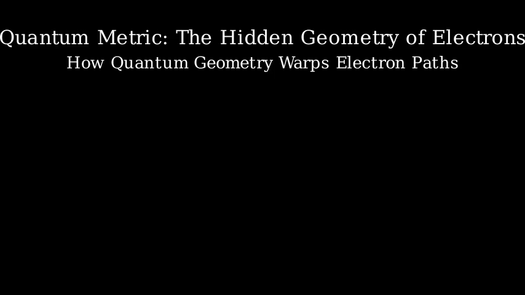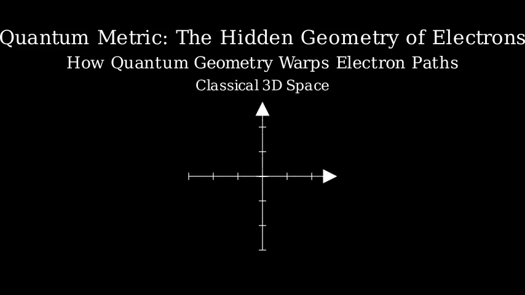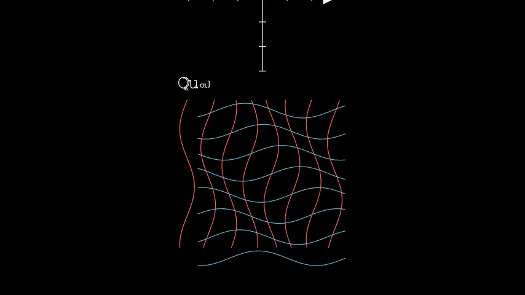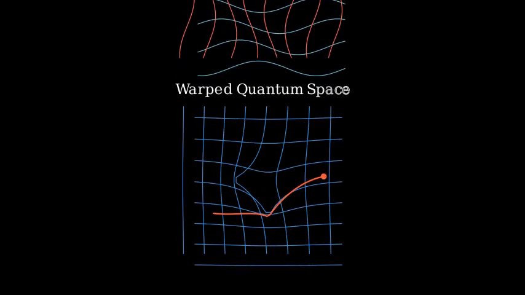First, let's understand what we mean by quantum metric. In classical physics, we're used to thinking about geometry in terms of distances and angles in our familiar three-dimensional space. But in quantum physics, particles like electrons exist in a more abstract mathematical space called Hilbert space. The quantum metric describes a special geometric property of this space, essentially how curved or warped it is. This warping affects how electrons move, similar to how the curvature of space-time in general relativity affects the path of